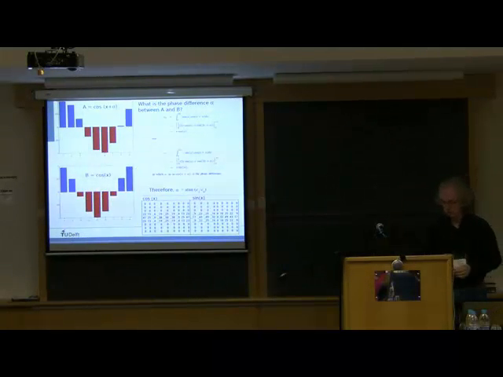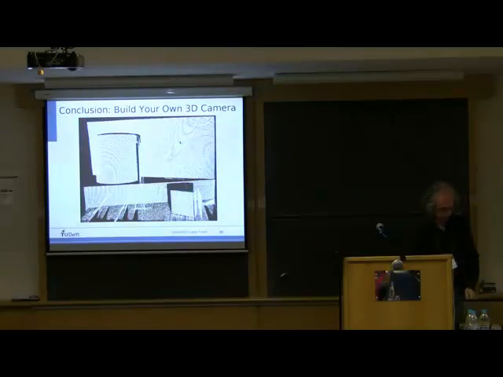But then it works quite well. At the end of the story, skipping almost everything, but I hope you have the pictures still in your mind, I do get a 3D point cloud exactly from the 10 images that I showed you at the beginning with all these files. So the conclusion is you can build your own 3D camera